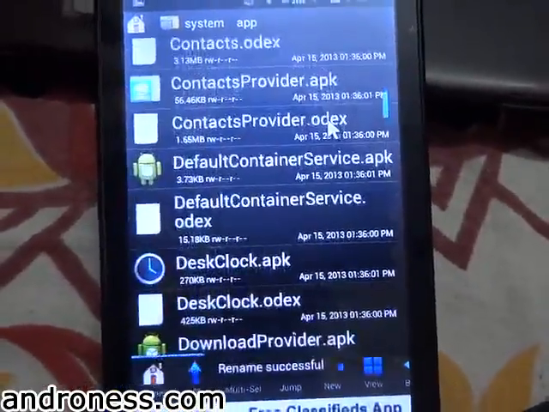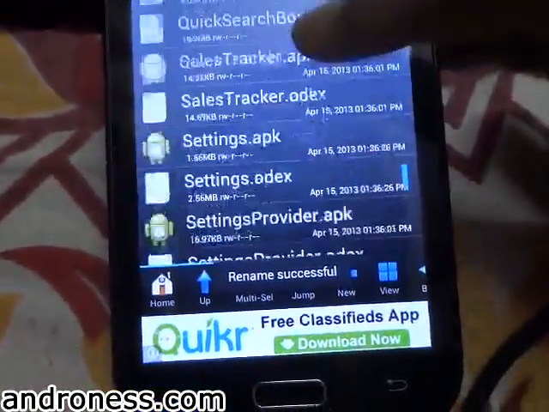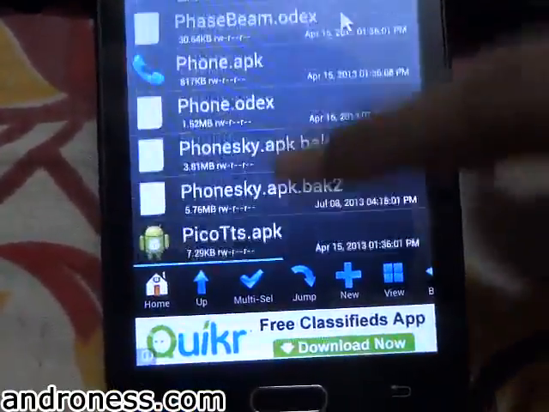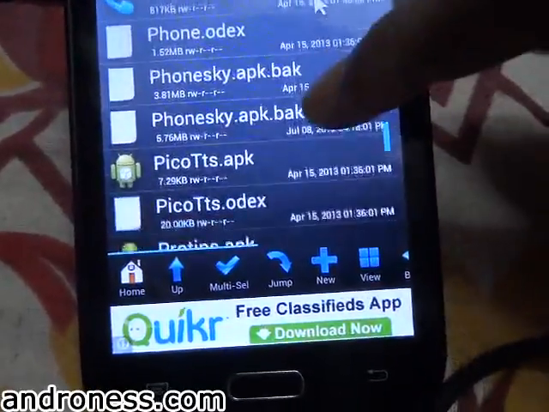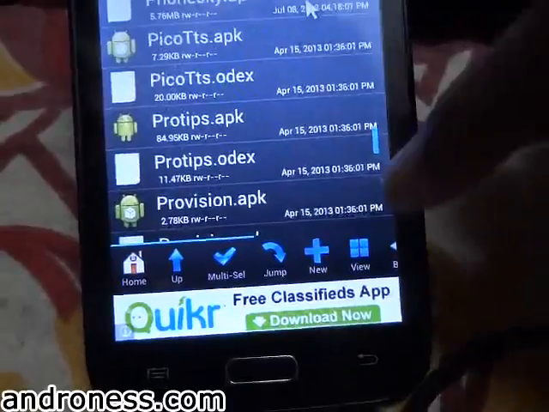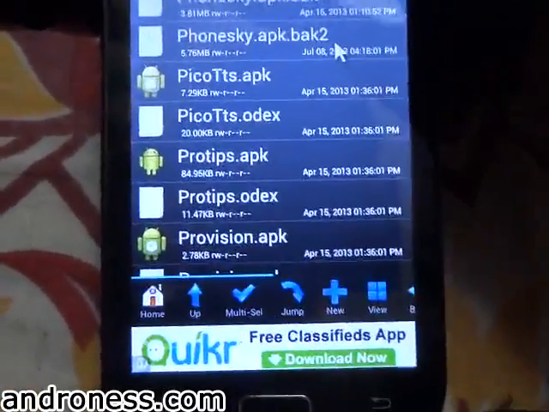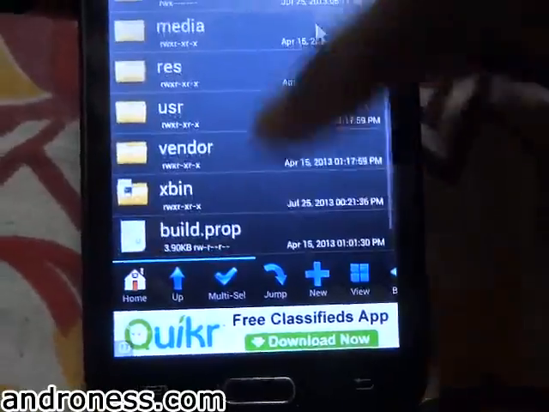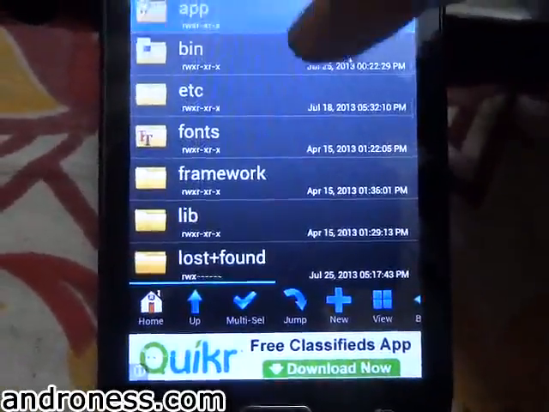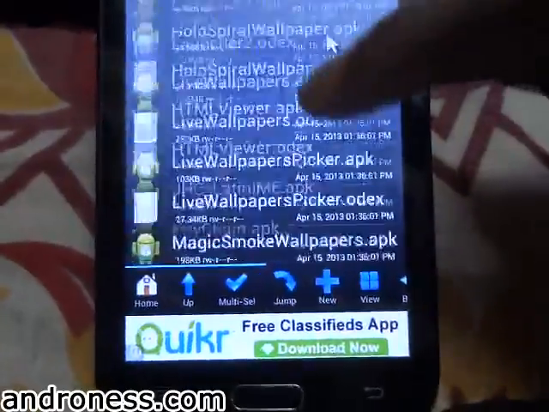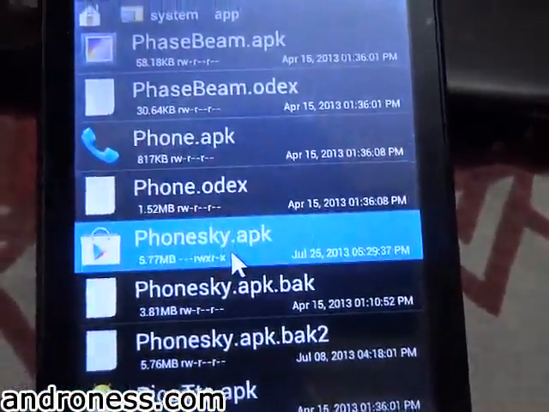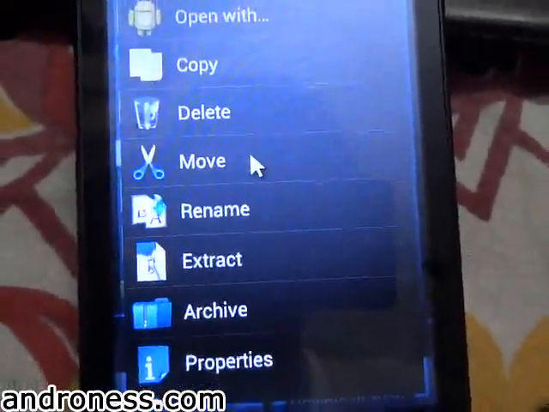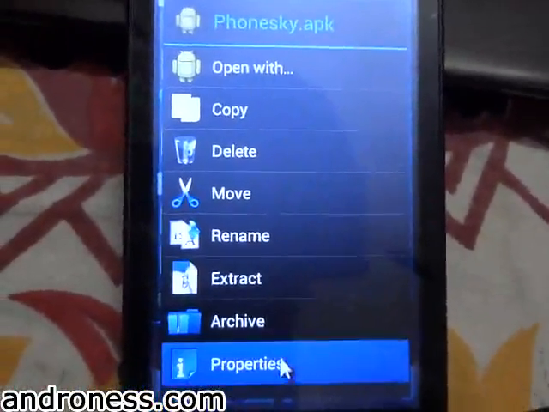And again go to the PhoneSky. Now it has renamed it, and where is it? Okay, go back and it will again rearrange the files. PhoneSky. So this is our new application, but the permissions are not set. So for permissions, tap over it and go to properties,